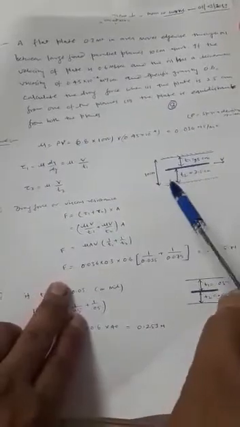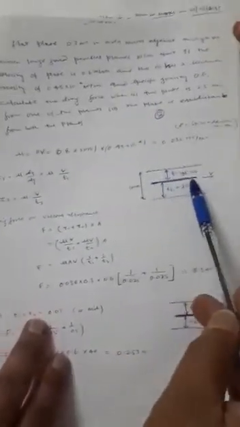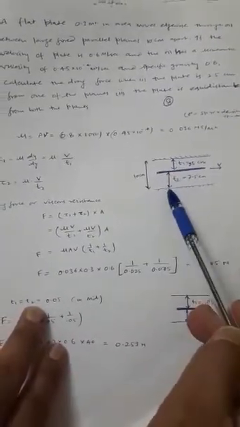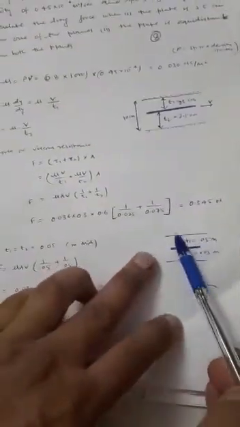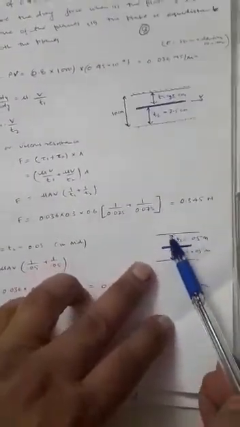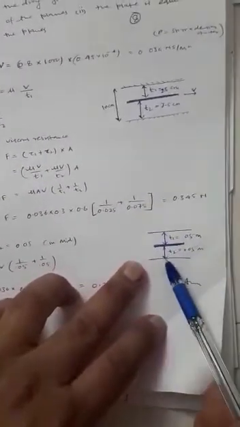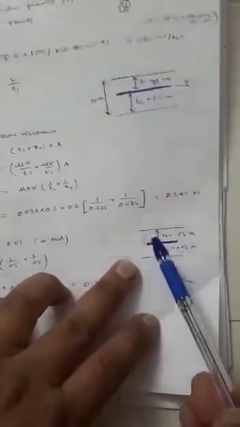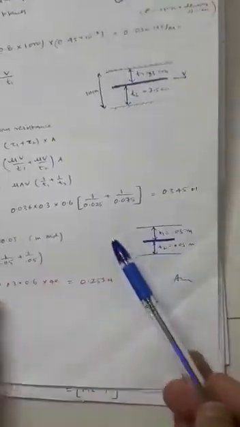Total drag force when the plate is apart from the top layer 2.5 centimeter and from the bottom layer 7.5 centimeter. Part 2 of this problem. The plate is equidistant from both planes. When the plate is in the center, or equidistant from both planes, the distance will be 0.05 meter. Total distance is 0.1 meter.